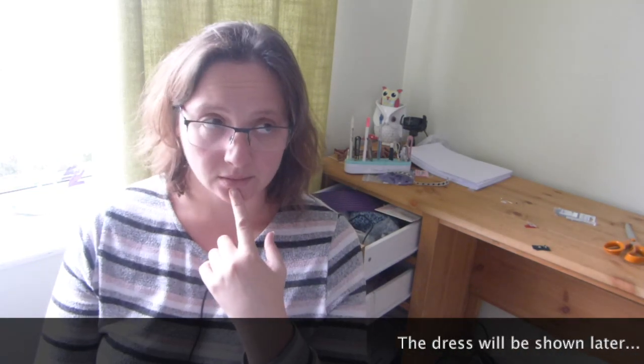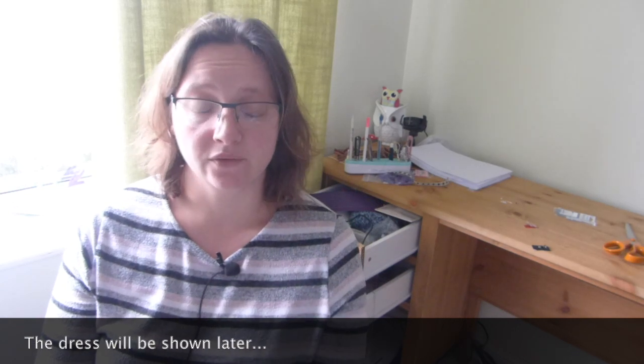Hello, so this is the next part of the sewing diary. It has been a good old week since last time I put the camera on. So I've just been busy really, and when I've had time to sew, that's what I've been doing rather than worrying about filming. So where we're up to is I've finished off the dress, I have finished off the t-shirt,